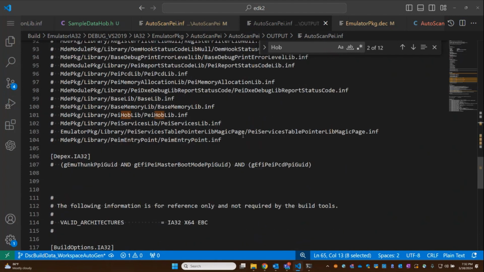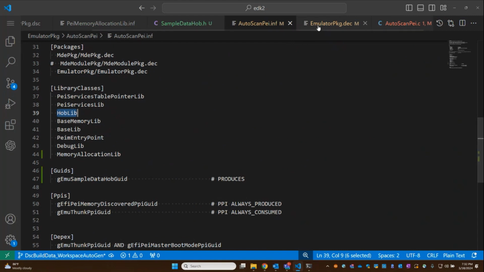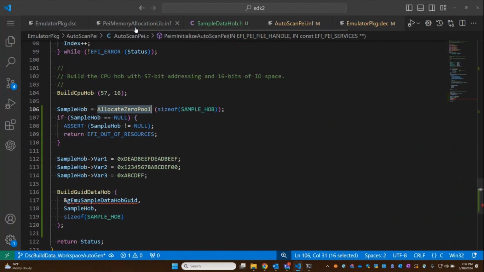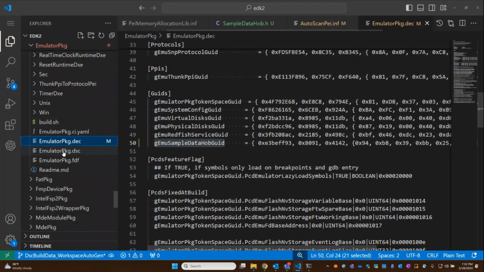Okay, so now here you can see MdeModulePkg Library PeiHobLib, the PeiHobLib.inf file, which means this autoscan PEI is taking the Hob library from this INF file. So now let's pick another library where we will get the Hob, and then we will see whatever data we have written,